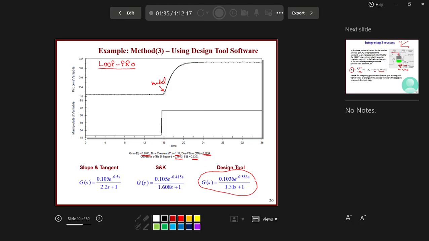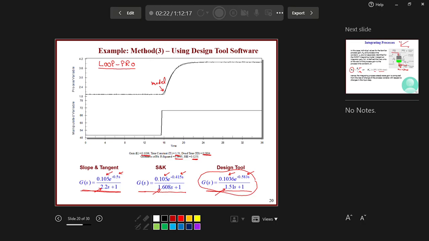This is the model using the reaction curve or the slope and tangent method, and this is the model using the SNK, and this is the one using the design tool. Now you can see that the K, for example, is 0.105 in both models because the calculation is the same. However, here it is a little bit away, 0.1036. The dead time is 0.5 here, while it is 0.415 here, and it is 0.583 here. And the time constant 2.2 here, 1.6 in the SNK, and 1.51